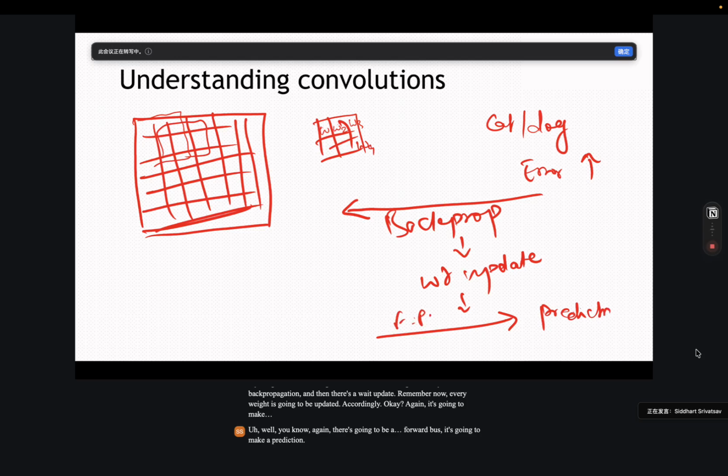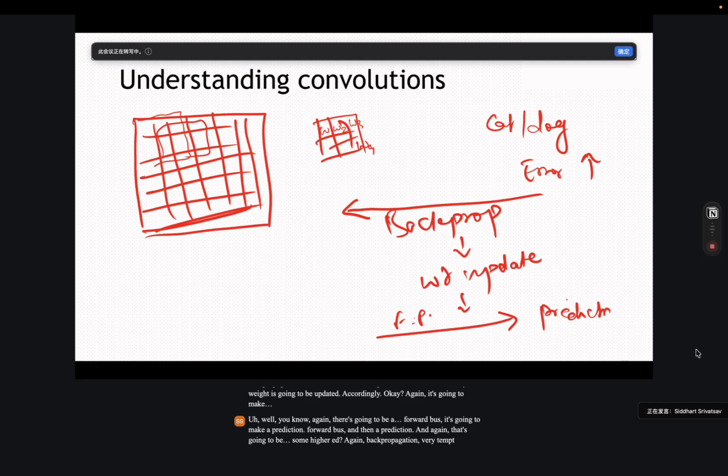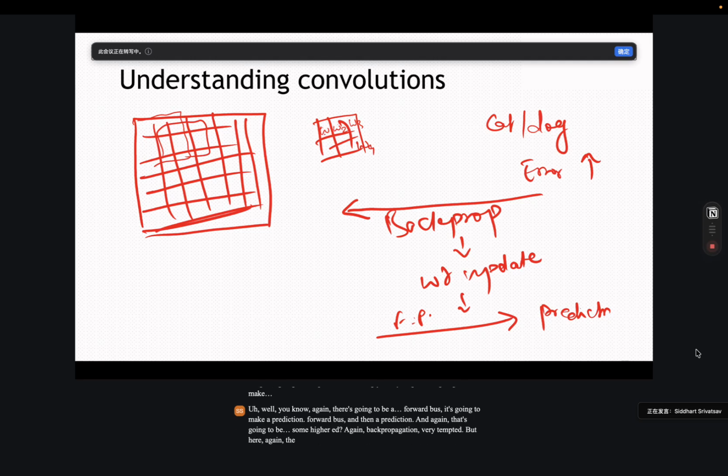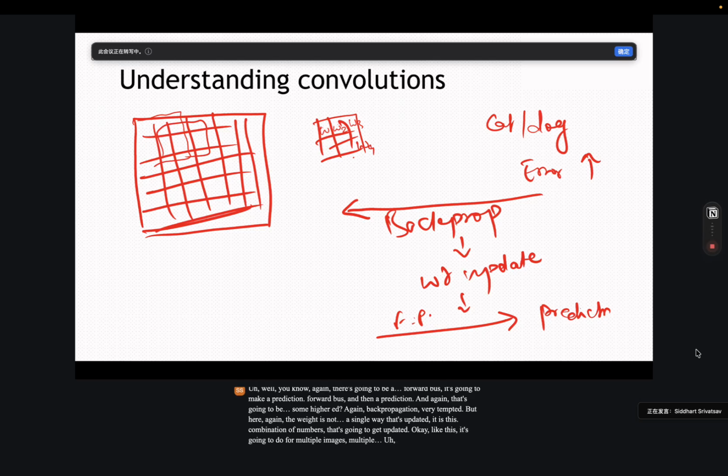Forward pass and then a prediction. Again there's going to be some high error. Again back propagation, weight update. But here again the weight is not a single weight that's updated. It is this combination of numbers that's going to get updated. Like this, it's going to do for multiple images, like thousands of images, and depending on your batch size and all that, n number of iterations is going to happen,